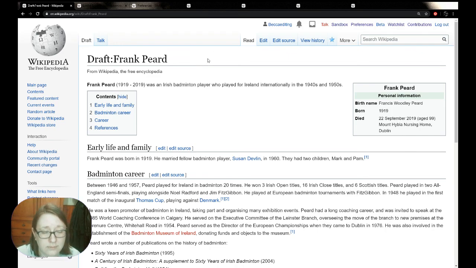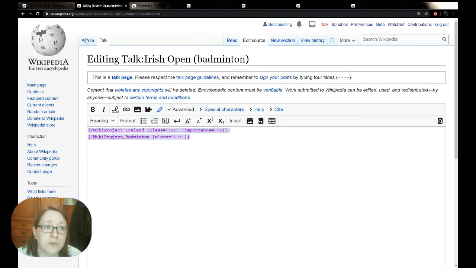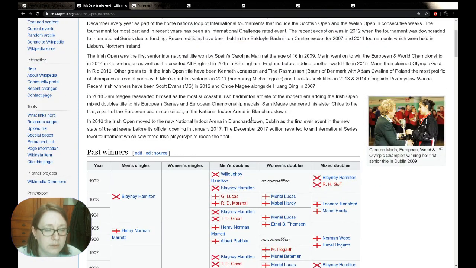And it's always said, if Wikipedia had any rules, which it doesn't, there's plenty of guidelines and manuals of style and all sorts of documentation, but all of that is up for debate at any given time. But if there's any rule on Wikipedia, it's to be bold. And looking at Frank Peard and talking about the wiki links we were referring to earlier, if we go down through the Irish Open,